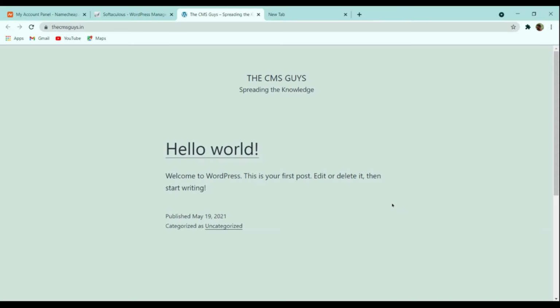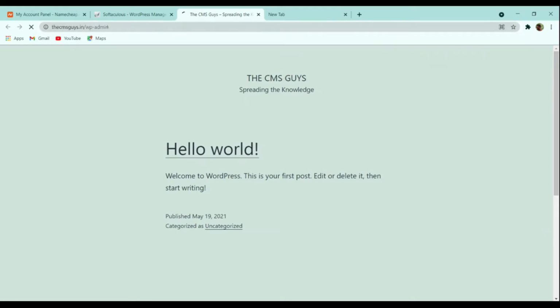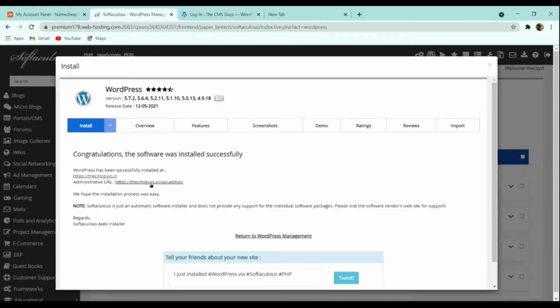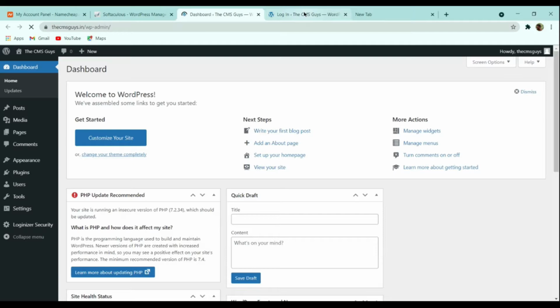If you want to go to the dashboard, just after your website name you have to put a slash and then wp hyphen admin, and you will be redirected to your dashboard login panel. Here you can also find this administrative URL, which will also redirect you to the dashboard of WordPress.